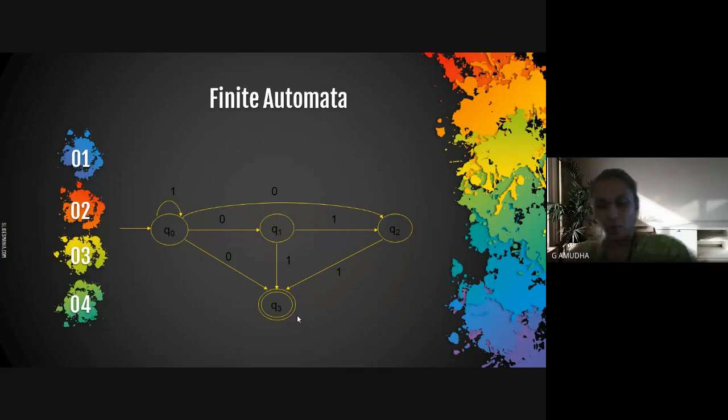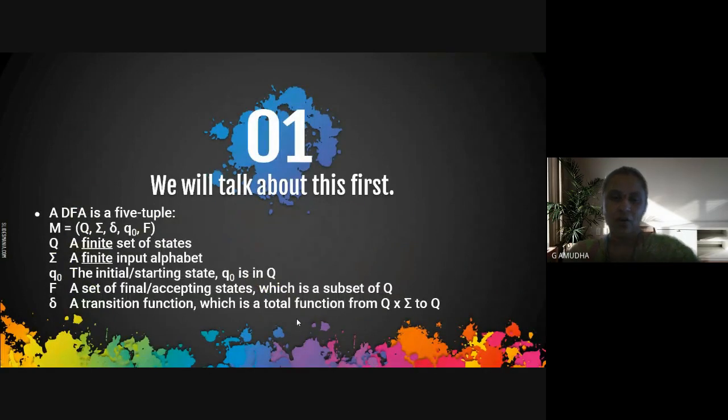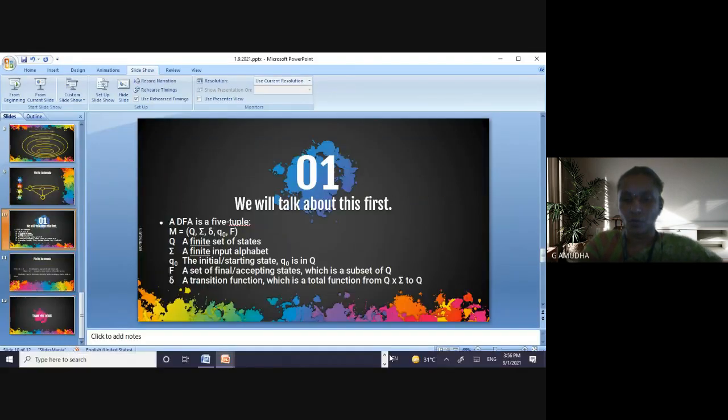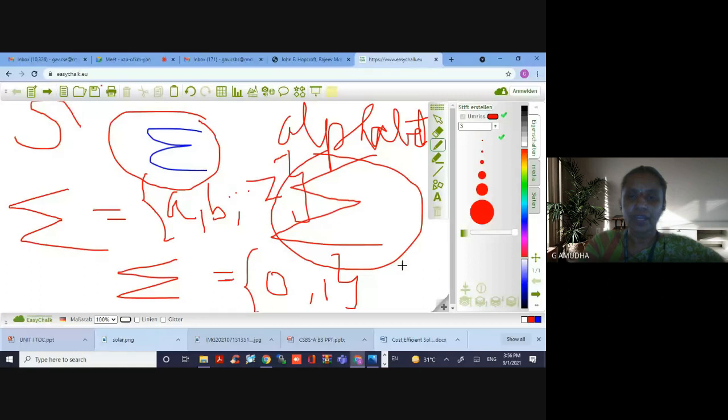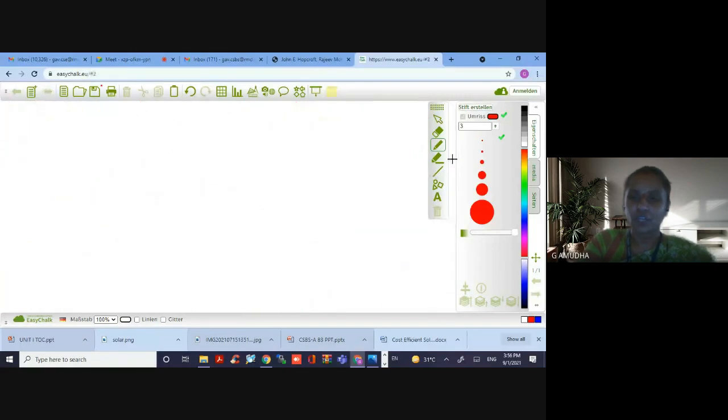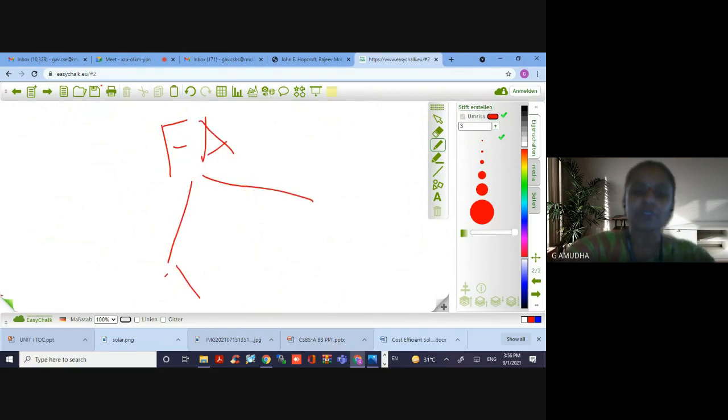Yes, ma'am. Okay, before that, we have drawn diagrammatically; the same thing has to be represented in a mathematical notation. When you go for finite automata, there are two types of finite automata.